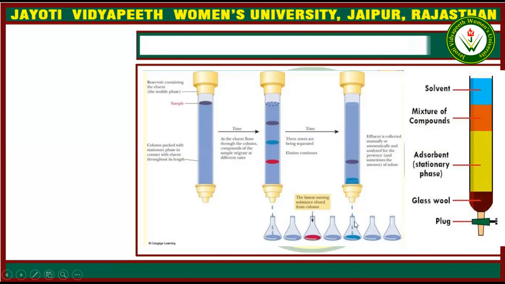In each color we collect 10 tubes, and when the next color is observed, then we collect the next 10 tubes. So after analysis, we go to paper chromatography and thin layer chromatography for more observation, to check whether we have collected the same type of compounds or not. So it is a very laborious technique.